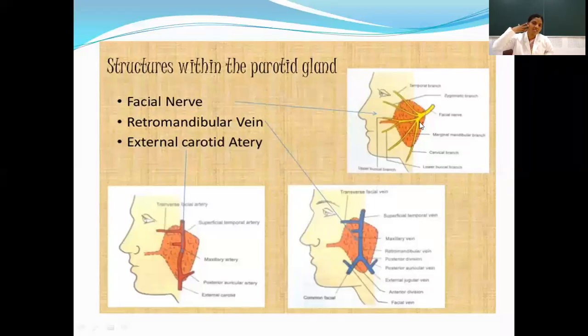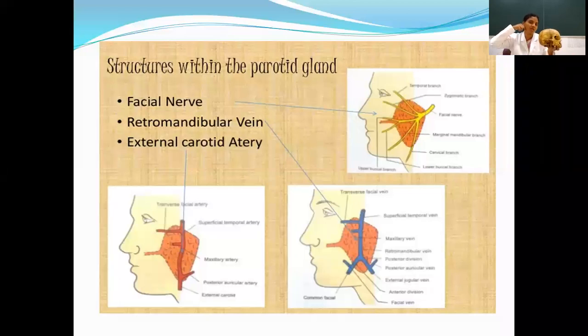The facial nerve, once it appears in the interior of the gland, immediately divides into 2 trunks. One is temporofacial and the second one is the cervicofacial. The temporofacial again divides into 2 branches. The temporal branch crosses the temple region. The zygomatic branch crosses the zygomatic arch. The buccal branch extends onto the face transversely.